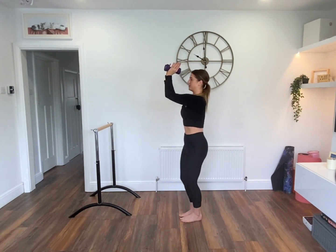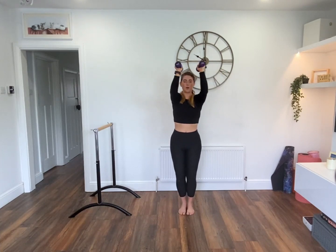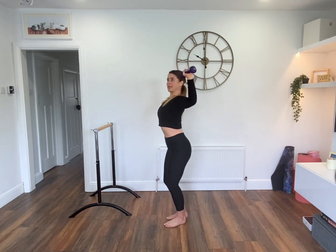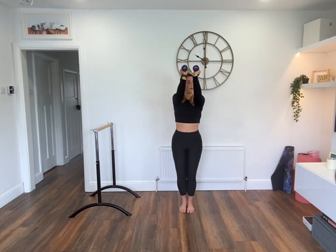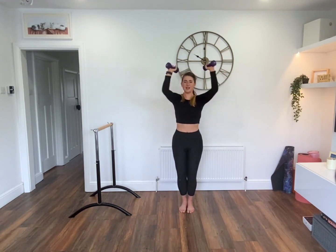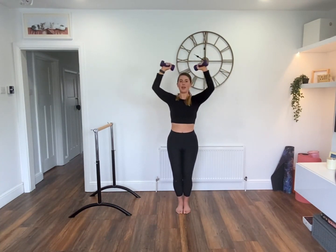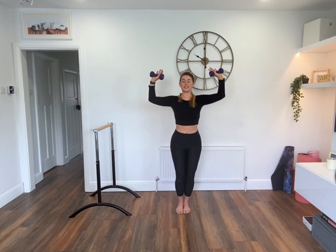Arms are here, so elbows are in line with shoulders, and we're just opening out and in. Lovely open through the chest, squeezing the shoulder blades as we open back without arching through the ribs. Keep that core engagement for me. Keeping the elbows lifted to shoulder height, squeezing all the way in. Let's work that chest. And give me 6, squeeze, 5, 4, 3, 2, hold it open on the 1, press up to the ceiling,